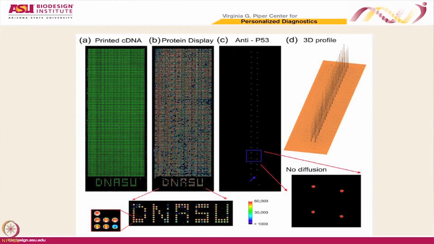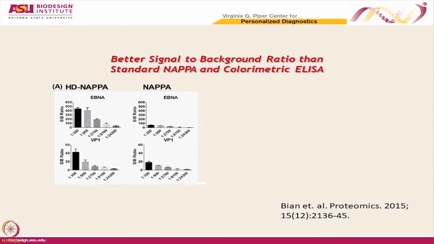Okay, one of the added benefits of this approach that we did not appreciate when we first developed it is that it turns out to be more sensitive than standard NAPPA. So we did some comparisons, and we looked at this antigen VP1, and we're doing different dilutions of antibody to ask what's the detection limit on the array platform. This is standard NAPPA, and then this is HD NAPPA. We call that high